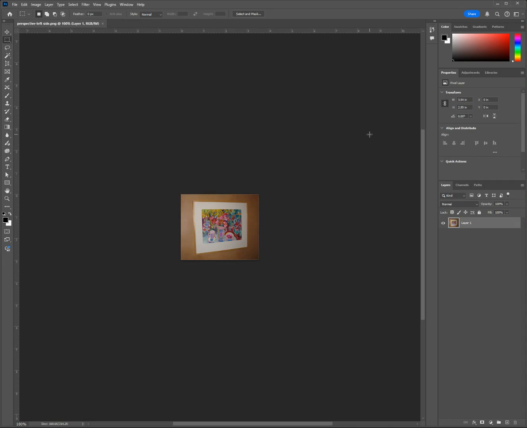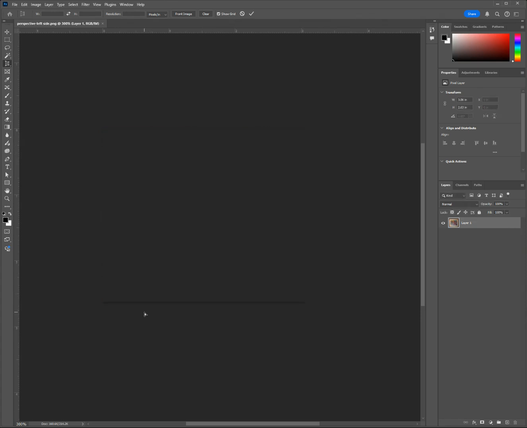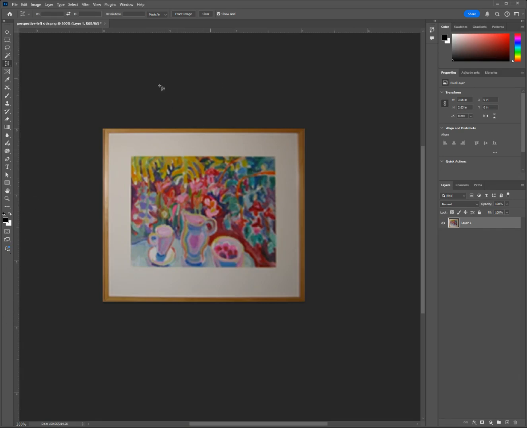Okay, I'm going to do a little bit more practice, just one more time. I'm going to enlarge this picture right here of this painting, and this time I'm going to click the four corners of the frame. So I'm going to go back to my perspective crop tool and click the four corners, trying to get it as close as possible the first time. I click on it, I press enter, and now after defining the plane, I have a correctly scaled image. That's the end of day one,